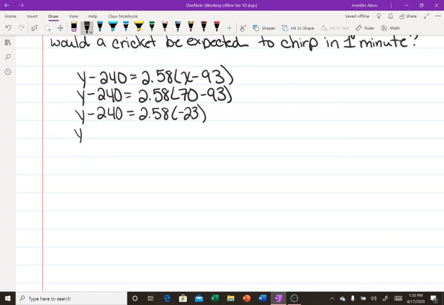So I've got y minus 240 equals negative 59.34. Now I'm ready to solve for y, so I'm going to add 240. Remember, you are more than welcome to use the calculator. You do not have to do this arithmetic in your head. So I'm going to add 240, and I'm going to get